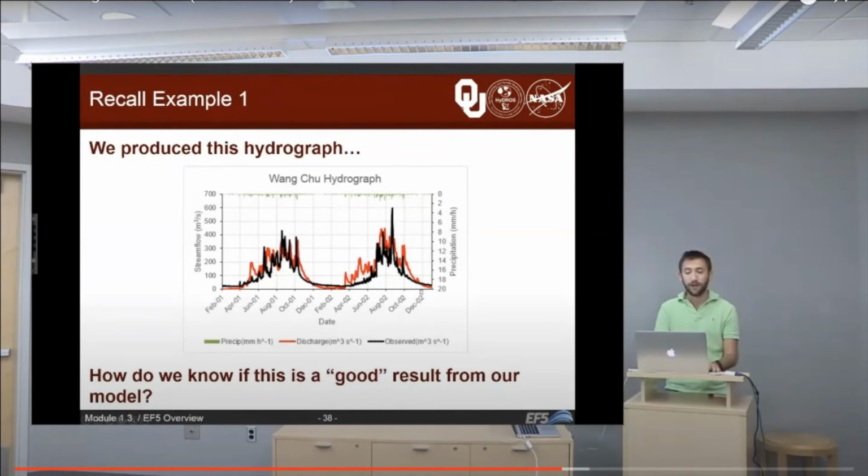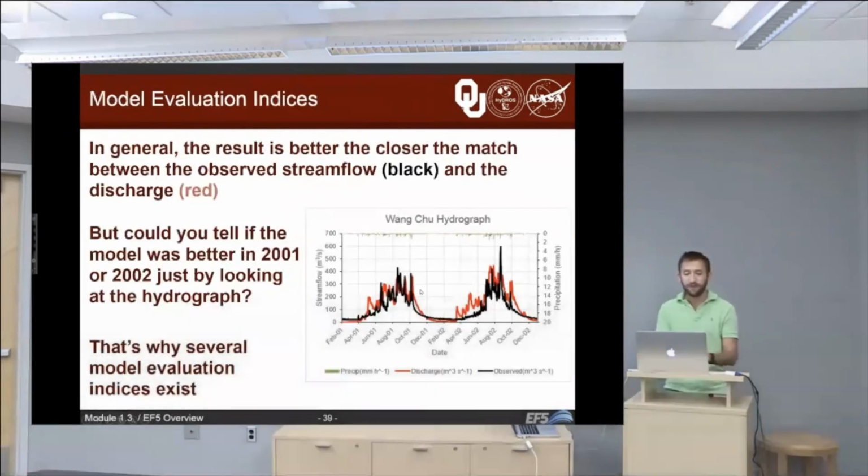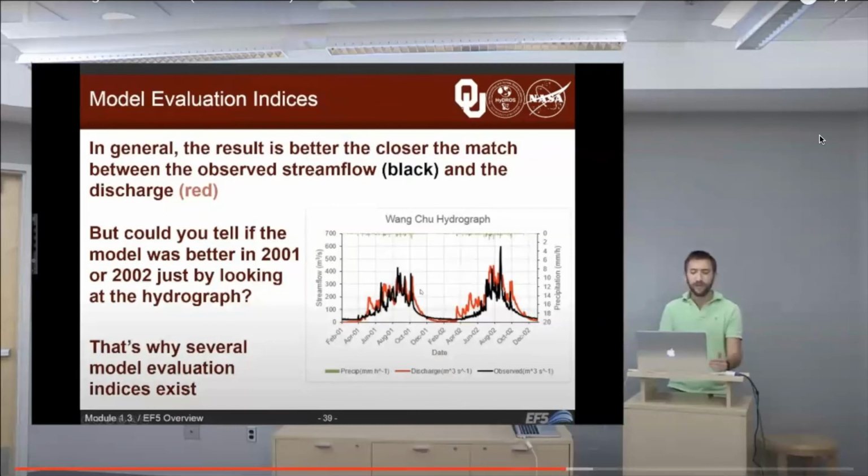Now, so we're going to talk a little bit about model evaluation indices. In general, the result is better the closer the match between the black and the red gets. But how could you tell between 2001 and 2002 which